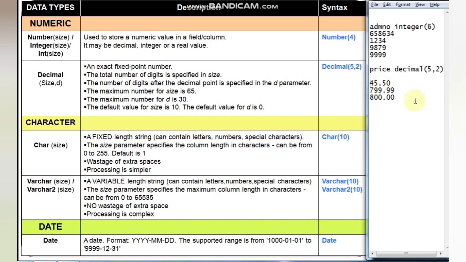So you can write a number like 45.50, which is okay. Yes, you can write that, but you cannot write a number with 3 digits after the point. Why? Because after the point here you have given 2. If you increase this, now it is okay. You can write one more digit here.